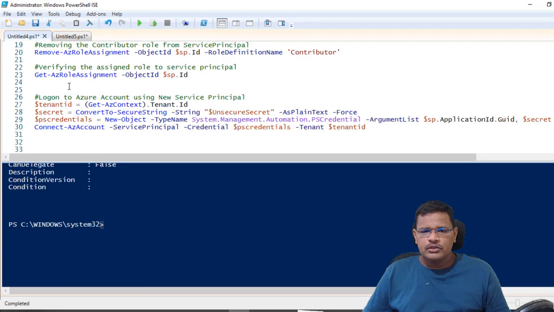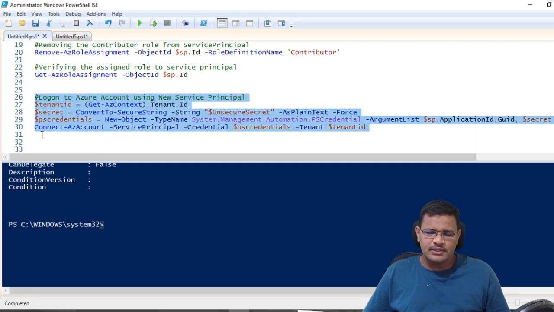Now to log on to the Azure subscription, we need the tenant ID, the application ID, and the secret. These are the parameters we have to provide to Connect-AzAccount. I'm getting the tenant ID using the Get-AzContext command.